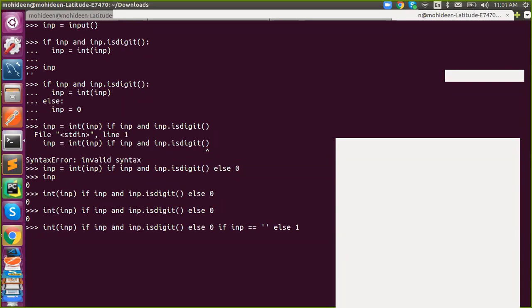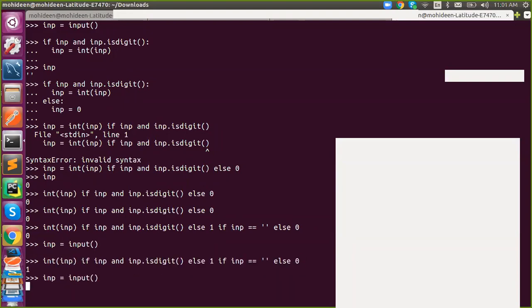Or here I can replace it: if it's an empty string, return 1 or 0. Now if I keep my input empty, it will give me 1. If I say some words, it will return 0.